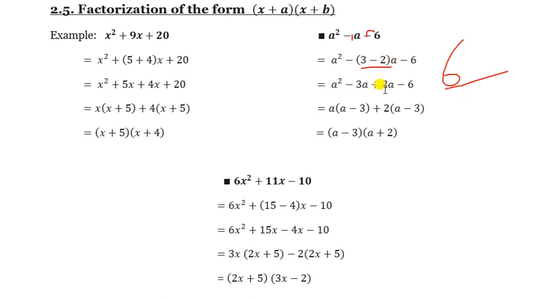So 3 minus 2. Okay, now in the same way, a square minus 3a plus 2a minus 6. Why plus? Because this negative sign also will come here. Minus minus is plus. Okay, now by group, so this one a square minus 3a and 2a minus 6, we take a common, then a minus 3, and from these two terms it will take 2 common, then again it will come a minus 3. And again we can take from these two a minus 3 common, then a plus 2 will be left. So a minus 3 into a plus 2, a minus 3 and a plus 2.